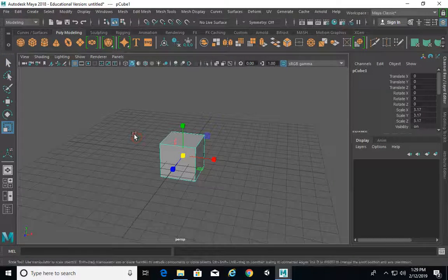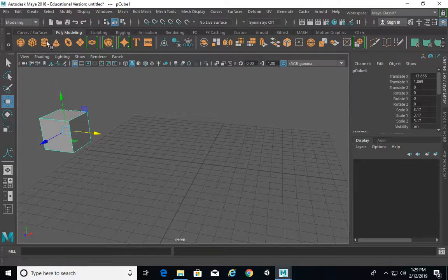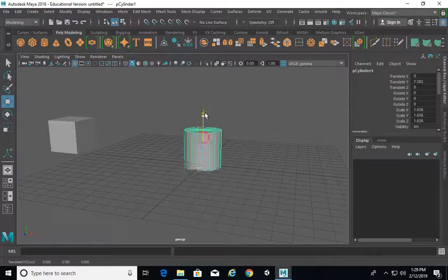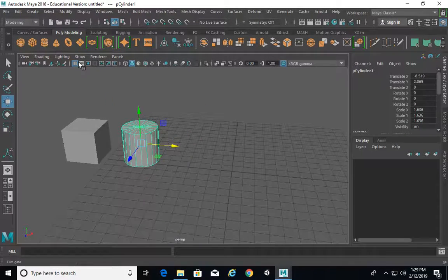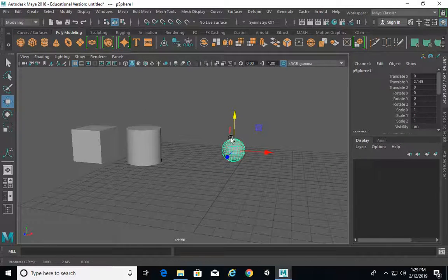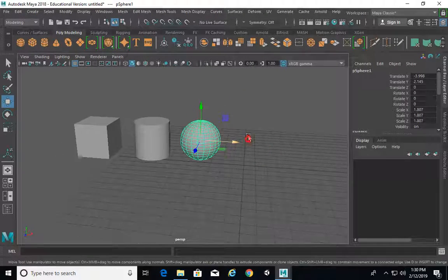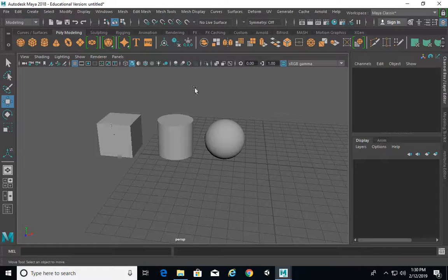All right, so what I'm going to do is build a few primitives. I'm going to build a box here, a cylinder, and a sphere. And so if I put a texture map on these right now, so I'm going to